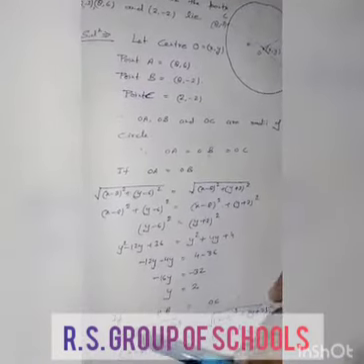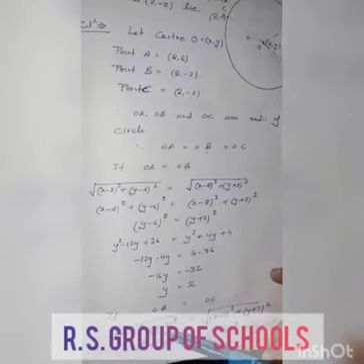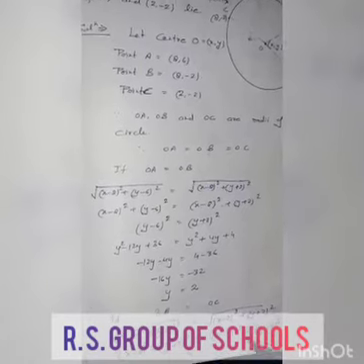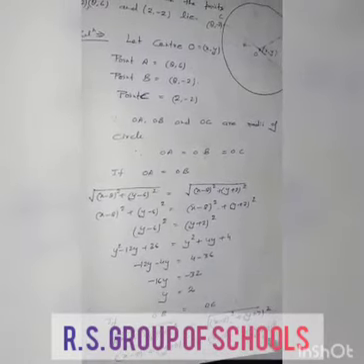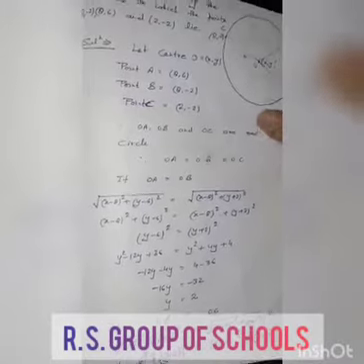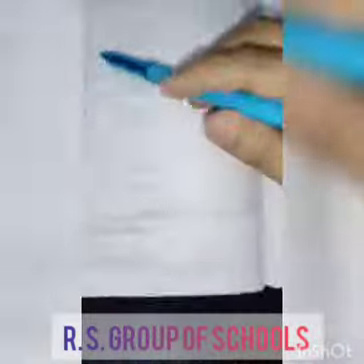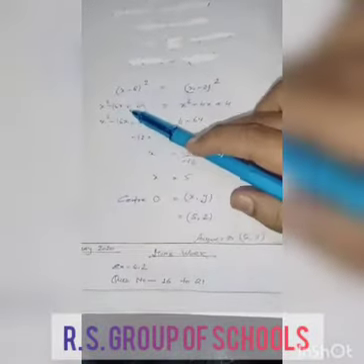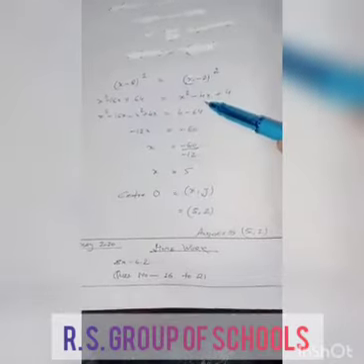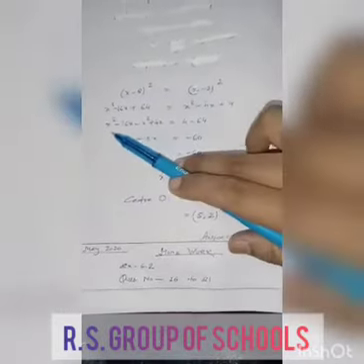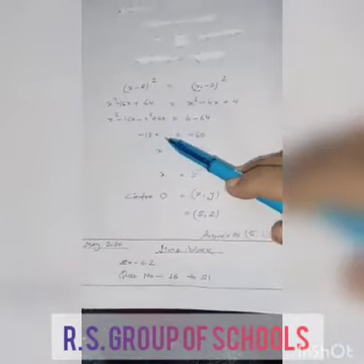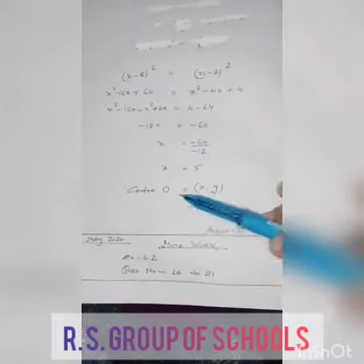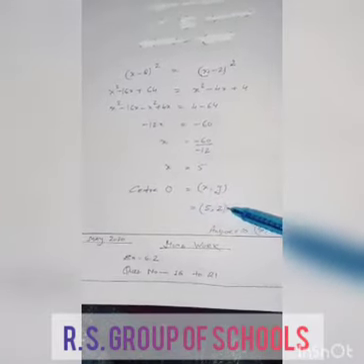If OB equals OC, then root of (x minus 8) whole square plus (y plus 2) whole square equals root of (x minus 2) whole square plus (y plus 2) whole square. Taking square on both sides, (y plus 2) square is cancelled by (y plus 2) square. Then we have (x minus 8) whole square equals (x minus 2) whole square. Now we expand this: x square minus 16x plus 64 is equal to x square minus 4x plus 4. X square is cancelled by x square, minus 16x plus 4x equals minus 12x. On the right hand side we have 4 minus 64, which is equal to minus 60. Now x equals 5. The center of the circle (x, y) equals (5, 2).